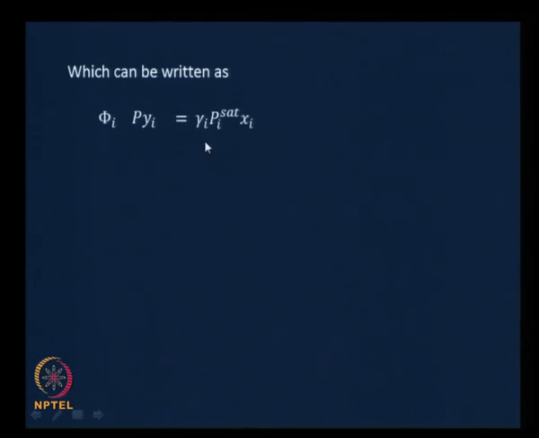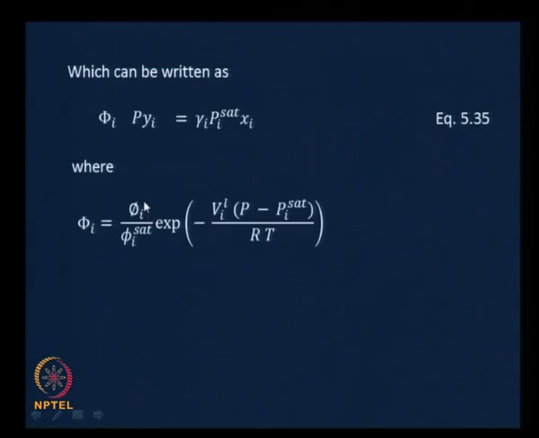Phi I P y I equals gamma I Pi sat Xi. This is the useful equation in this particular case for estimating the activity coefficient, where phi I we had said was nothing but phi I by phi I sat exponential of minus VIL P minus Pi sat by RT,